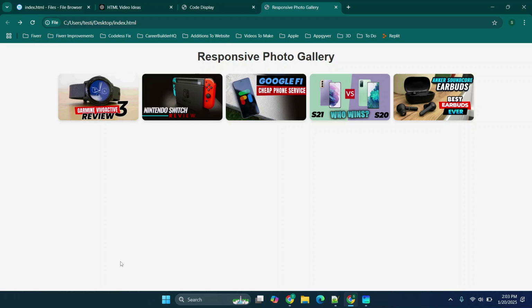In today's video, I'm going to walk through the basics of creating a responsive photo gallery. Basically, I'm going to show you the HTML code, and I will provide the code that allows you to have these images that have this hover over effect where there's a little bit of a zoom, and these are some